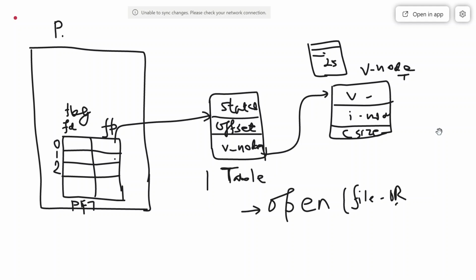Here I have given FD, and if I print the value of FD, what will be the outcome?